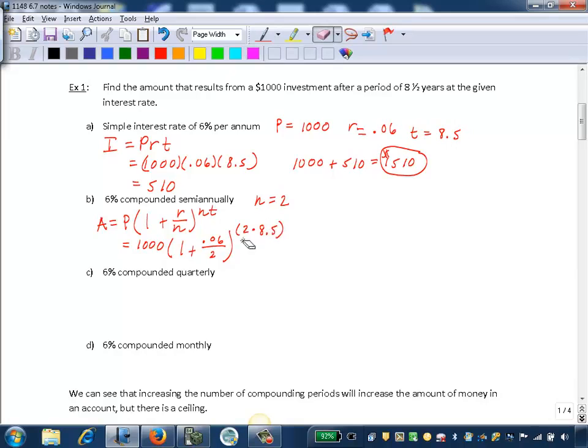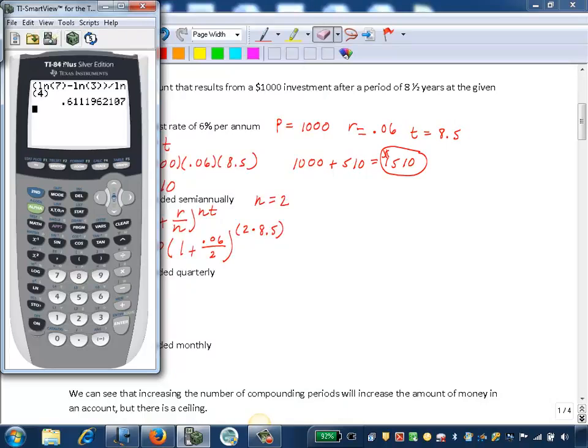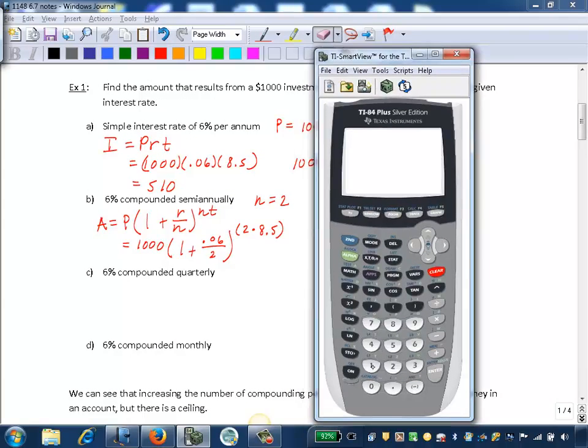And I would strongly recommend that you enclose the entire exponent, the NT, in parentheses, and that will be a good cue when you go to enter this into your calculator. So if we want to enter this, we want 1,000 times the quantity, 1 plus 0.06 over 2, close those parentheses, and now we want to raise that to the quantity,